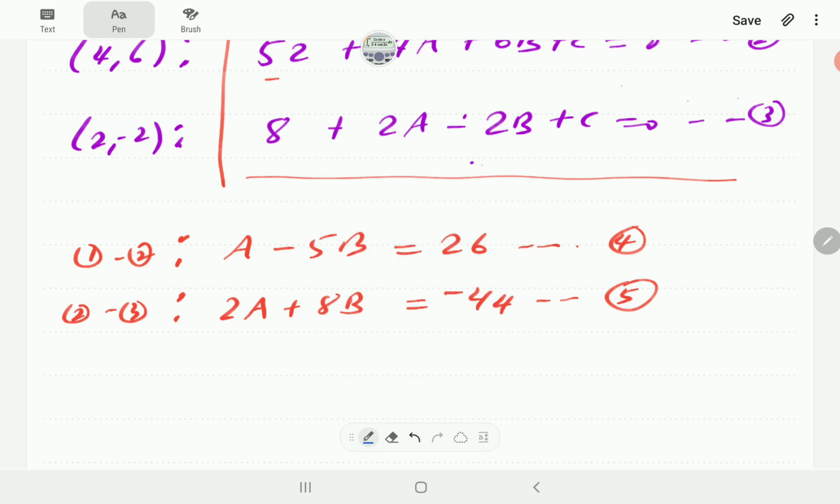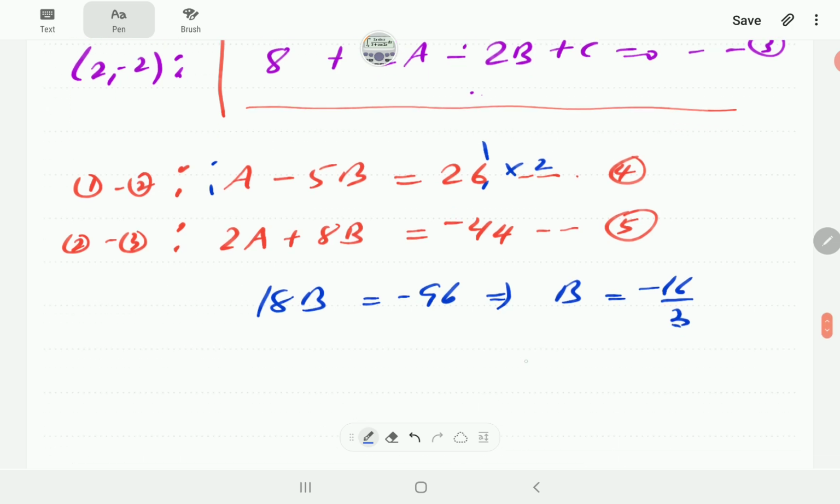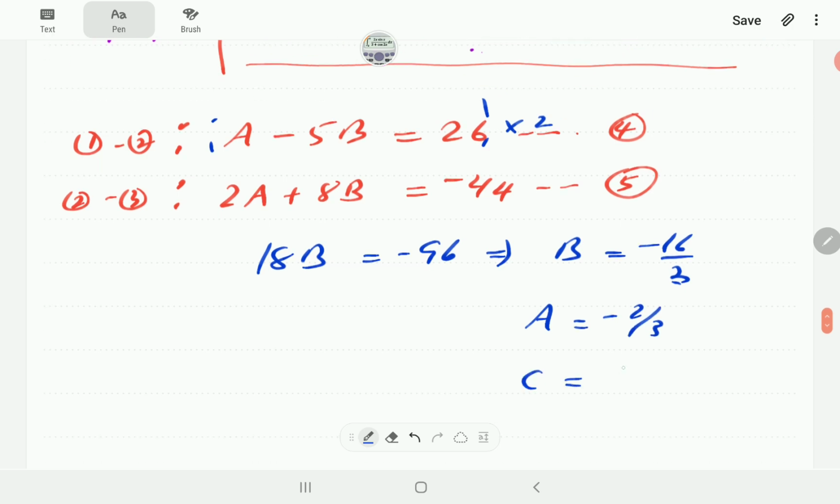Okay, so if we multiply this by 2, we're going to have 2a here and 2a there, and then subtract. So that is going to give us 18b is negative 96, and so b is going to be negative 16 over 3. If you substitute back, you will find that a is negative 2 over 3 and c is negative